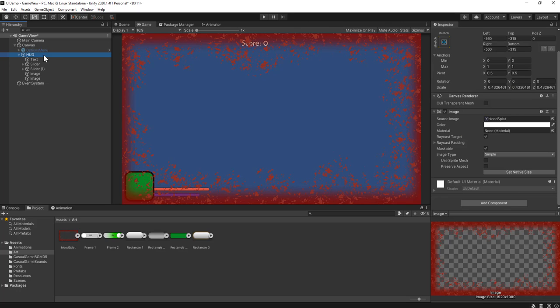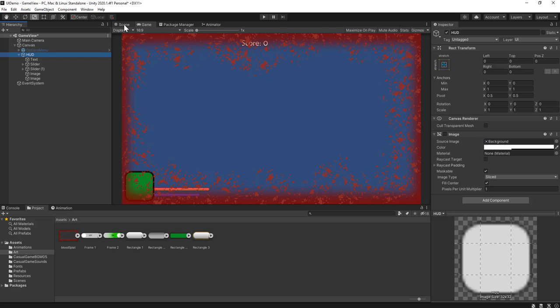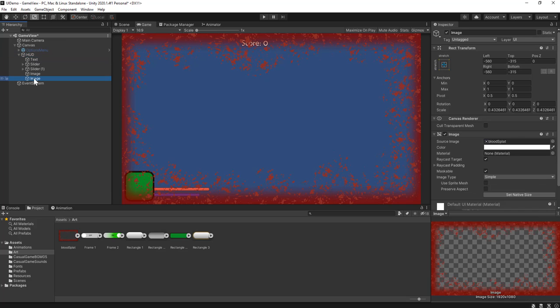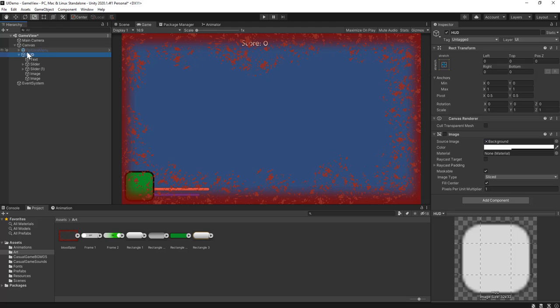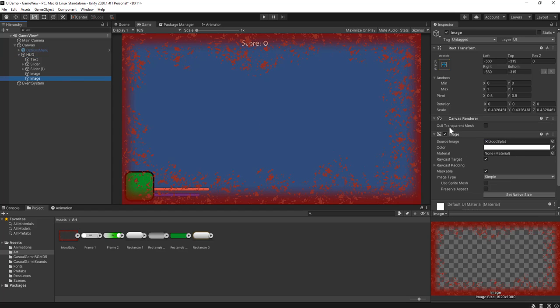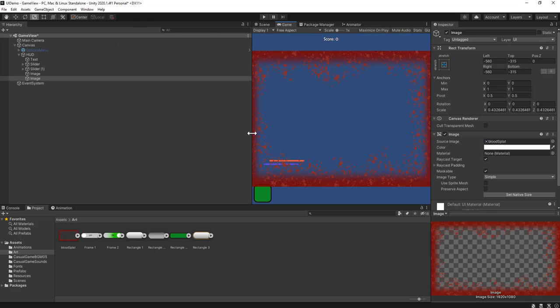Now one thing that I did not do is adjust the HUD. This one was actually already set to stretch, but it is important that if you have something that's a child of another element in the UI, it does receive information from that parent object. So if this was not set to stretch, that would impact my ability for my blood splatter to stretch with the screen. So now if I set this to free aspect ratio,